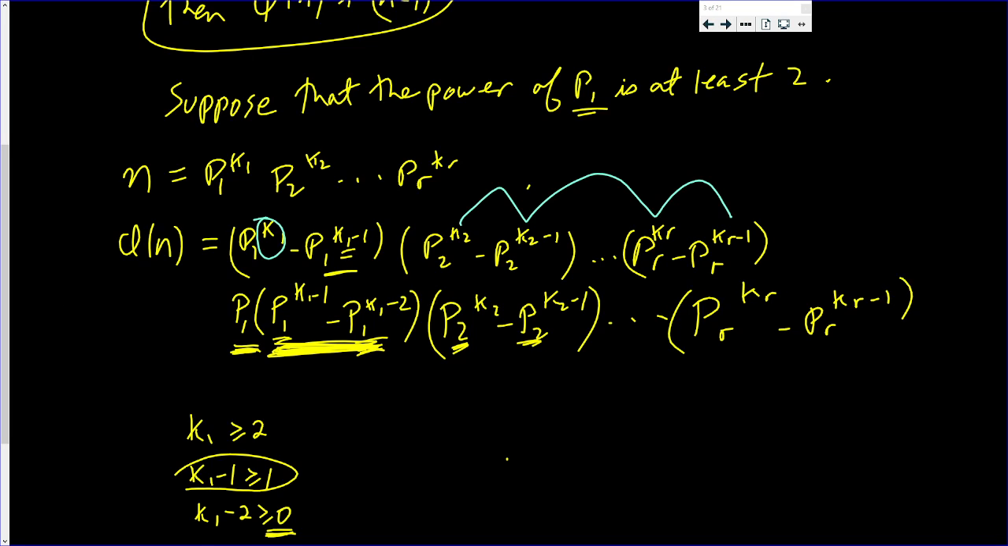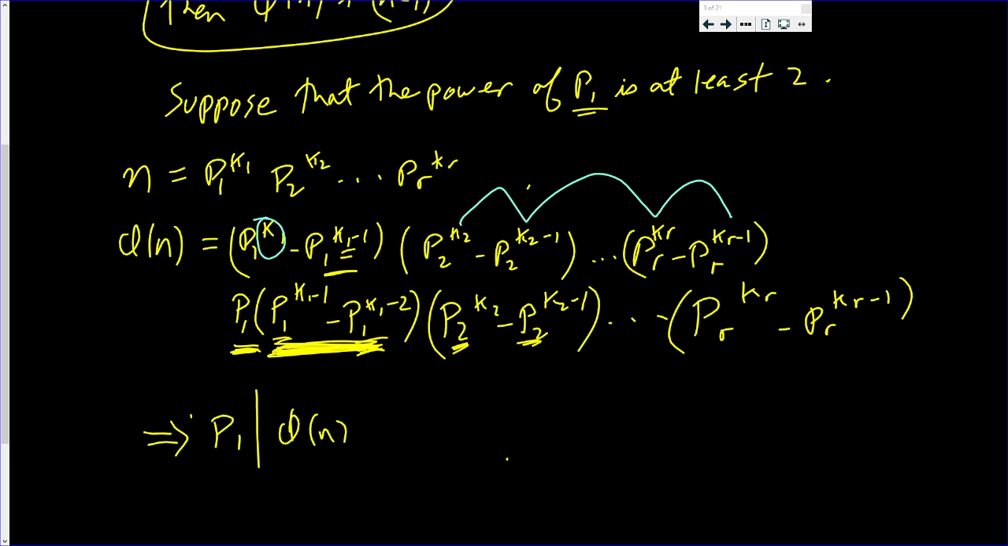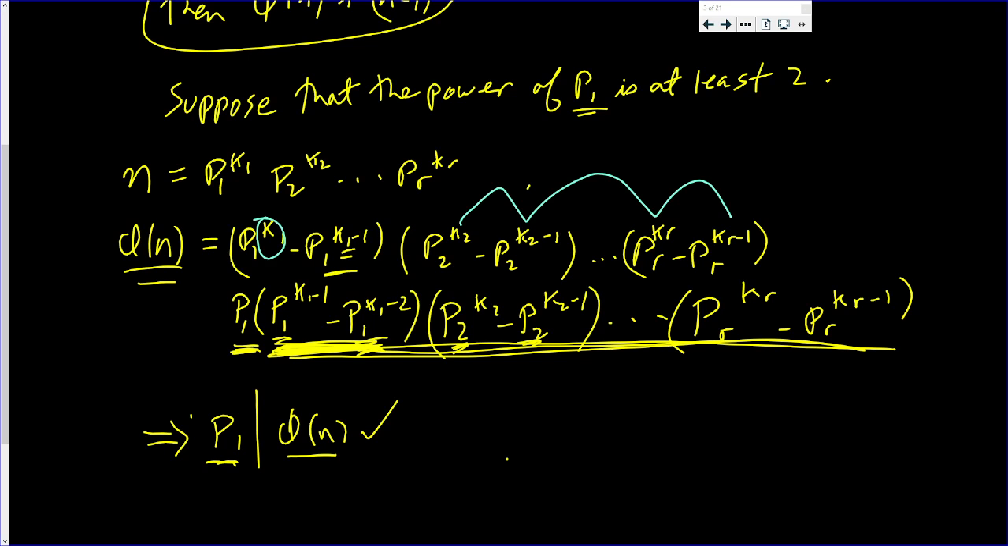Okay, so this implies that P1 divides phi of n, because phi of n is a multiple of P1. It's P1 times all of that. So this is true. Now,